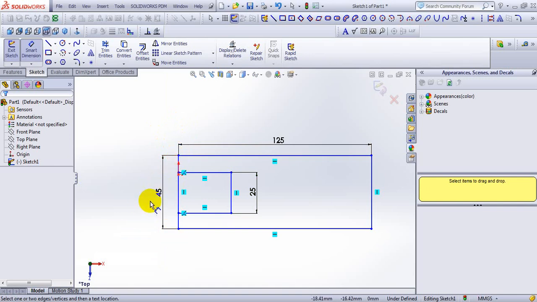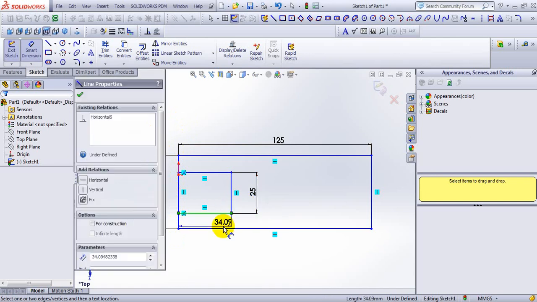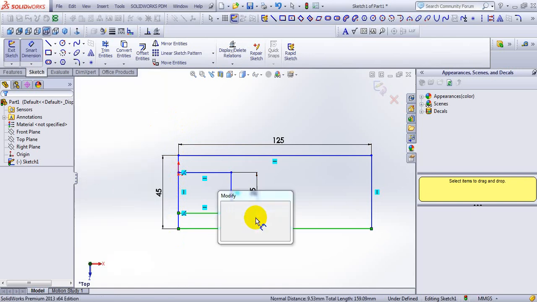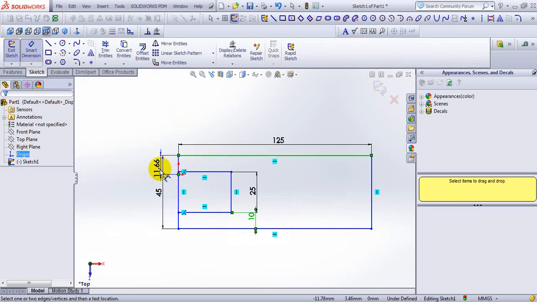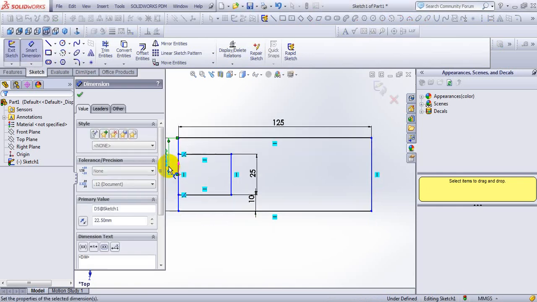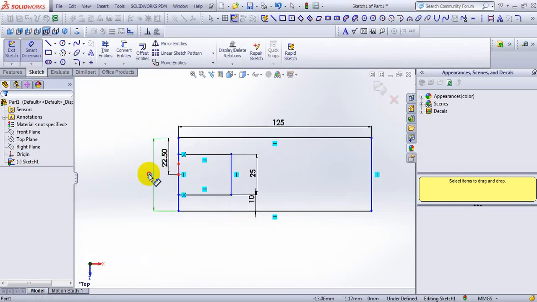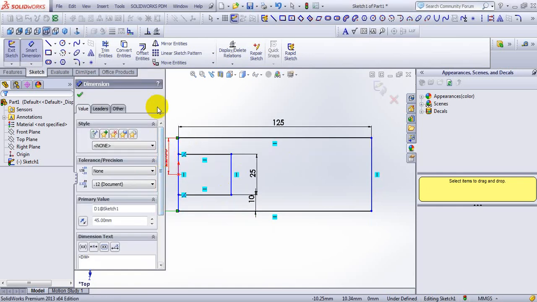Width is 45. 45 minus 25 is 20 mm. 20 divided by 2 is 10 mm. You have to make it exact center. So take it as 10 mm. From origin point to here, give it as 45 divided by 2. So now it will be exactly center of the origin point.